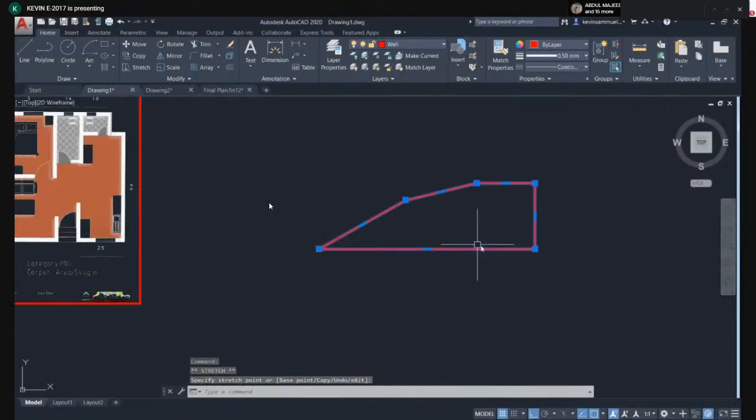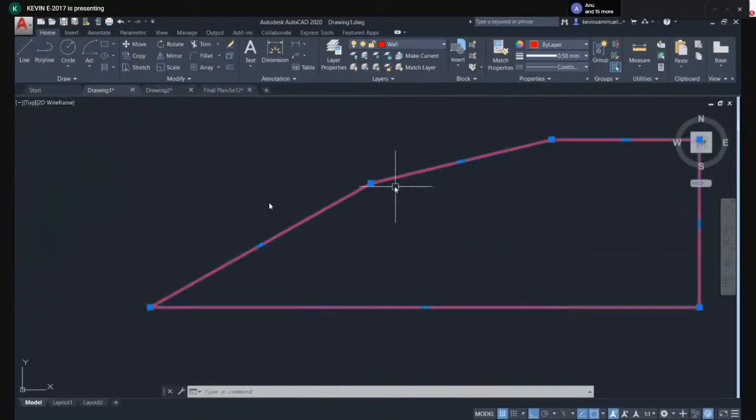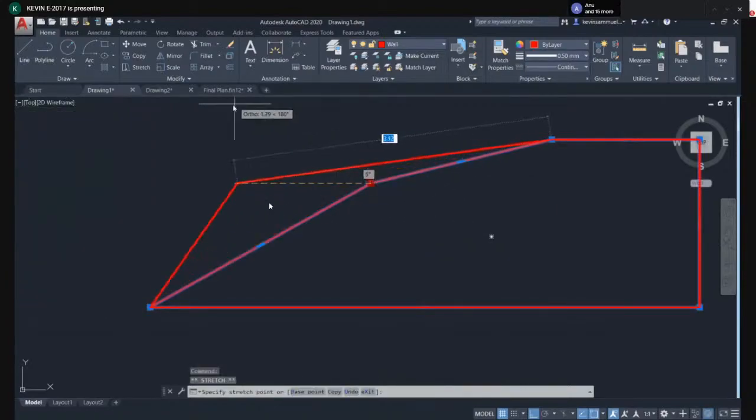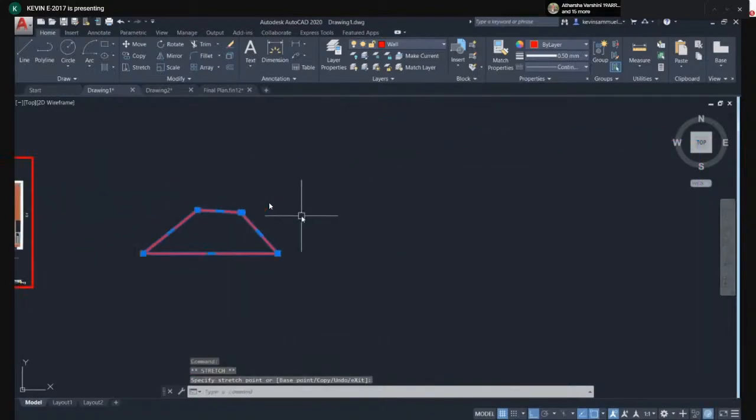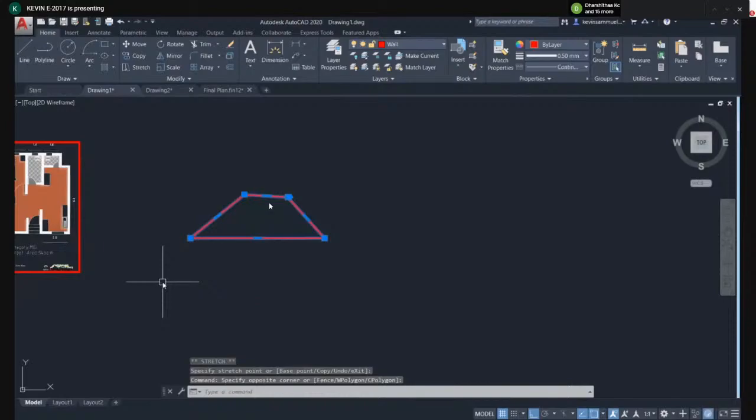This is what stretch does. You can either use the command and stretch it, or you can just hold one of the vertices and drag it in whichever direction. This is what stretch does. And then